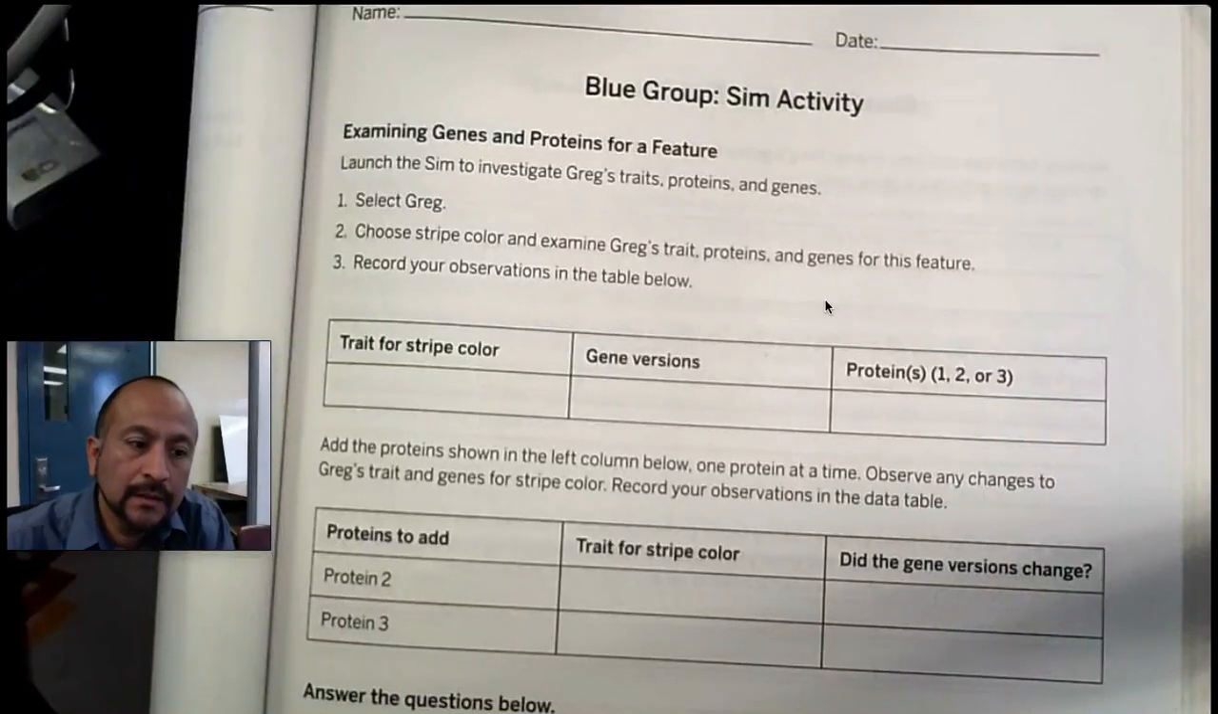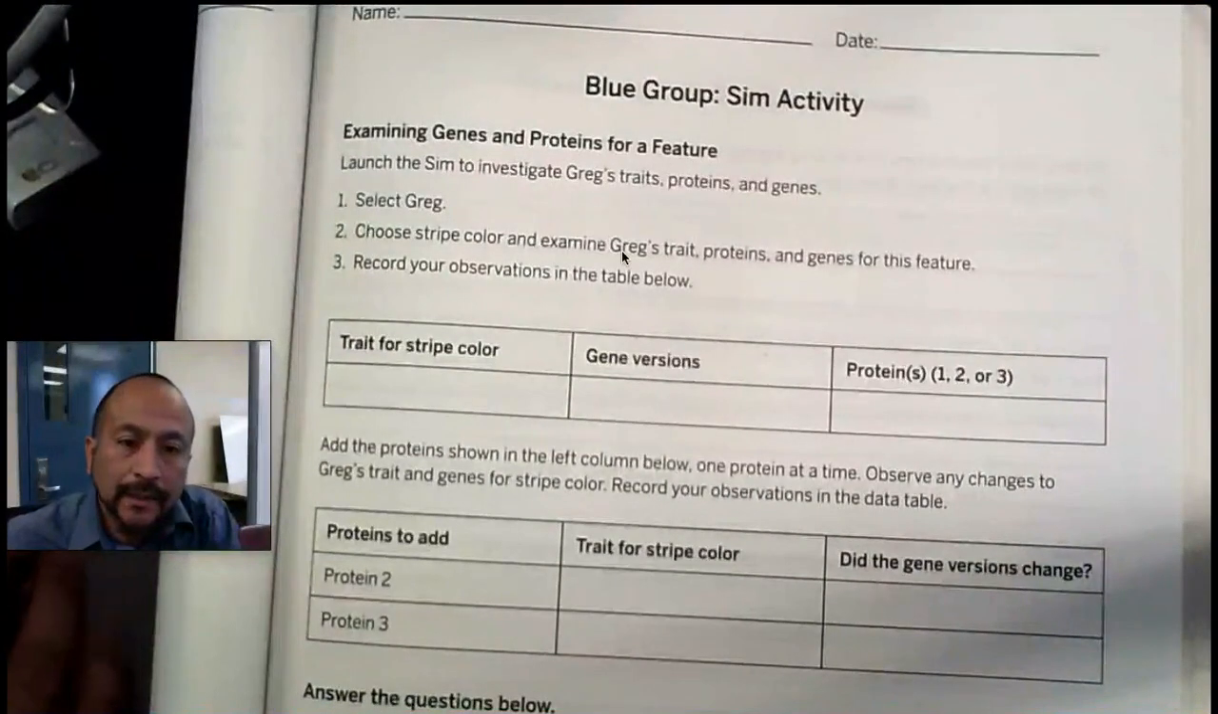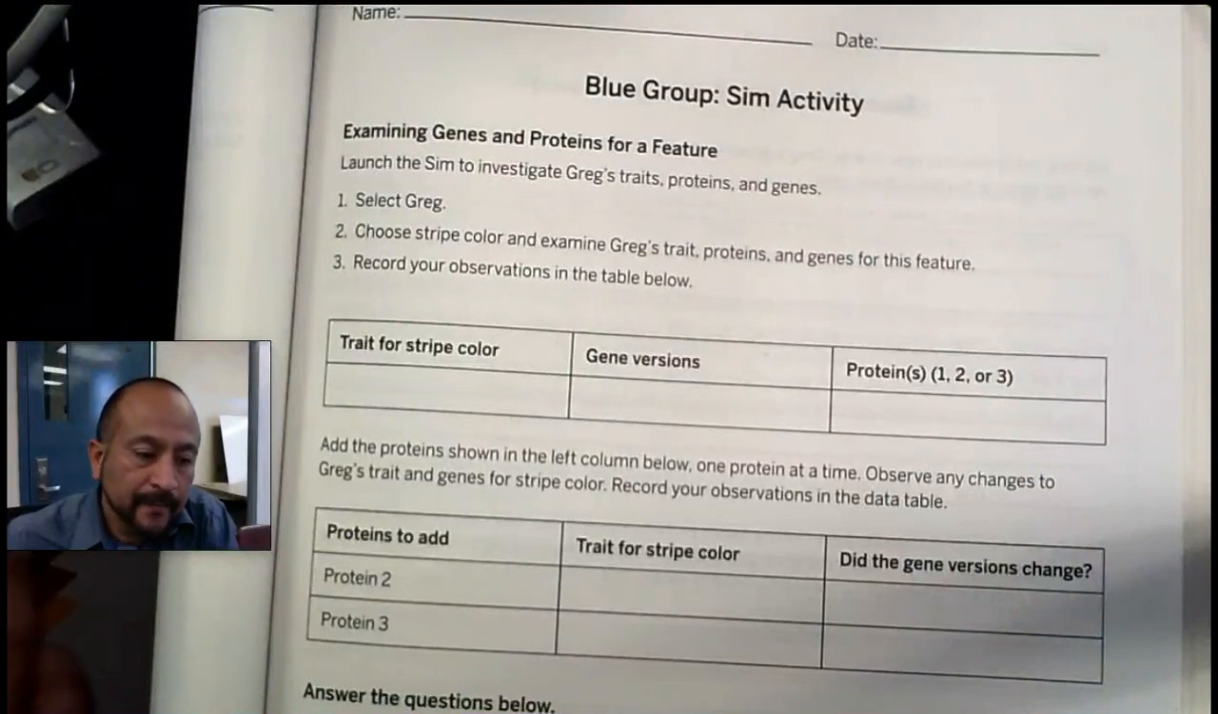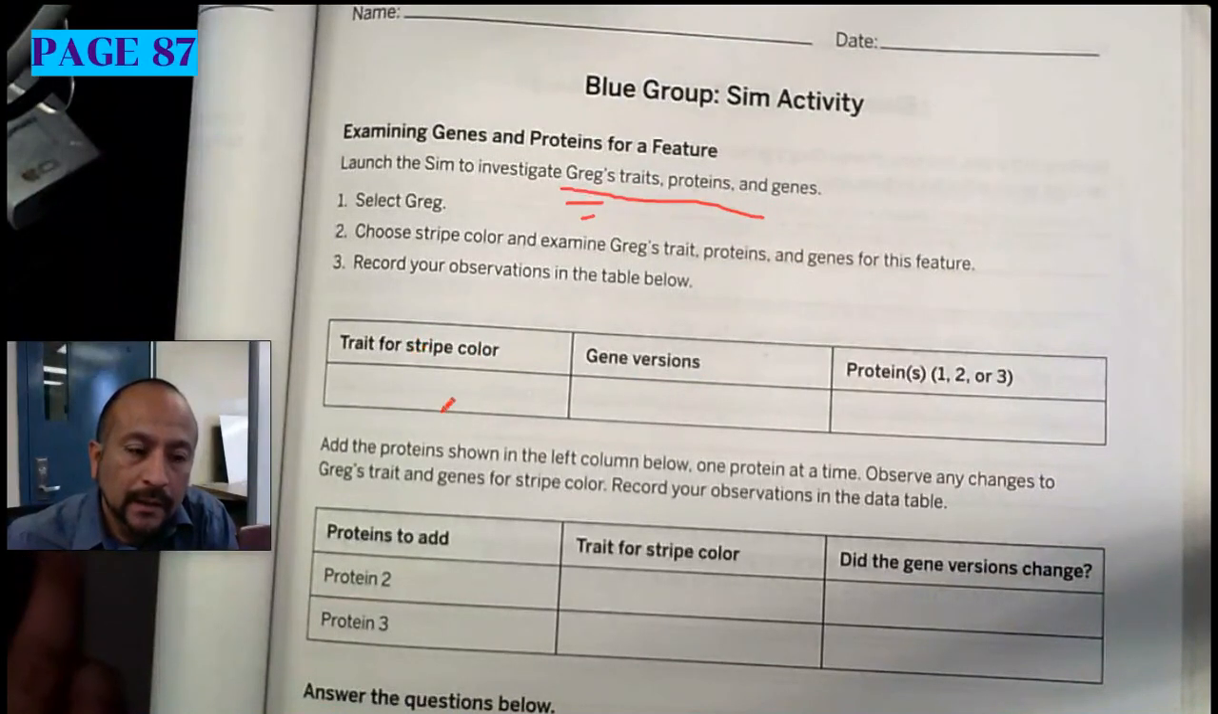So this video is for the blue group that will be working together, and you will be working on this project and using the simulation to look. We're going to be looking at Greg's traits. Greg, as you know, is a Darwin bark spider, and we're going to be clicking on his profile and looking at